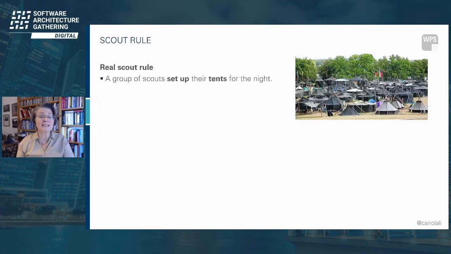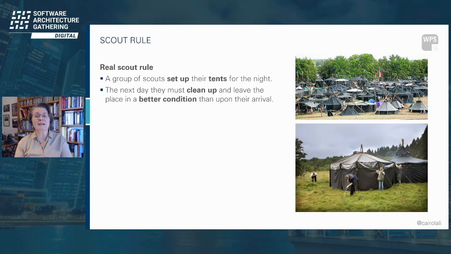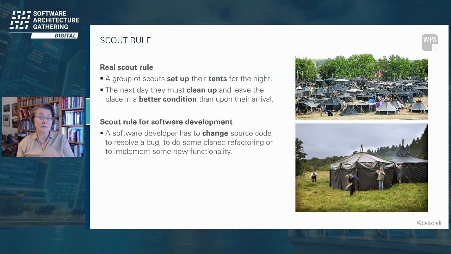Let's have a look. The real Scout rule says that when a group of scouts sets up their tents for the night, then the next day they must clean up and leave the place in a better condition than upon their arrival. If we apply this Scout rule to software development, then putting up the tent for a night translates to a software developer having to change source code to resolve a bug, to do some planned refactorings, or to implement some new functionality.